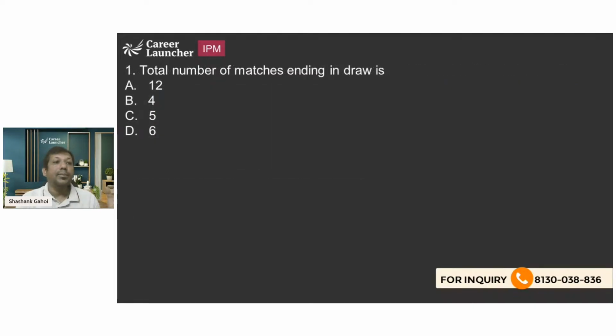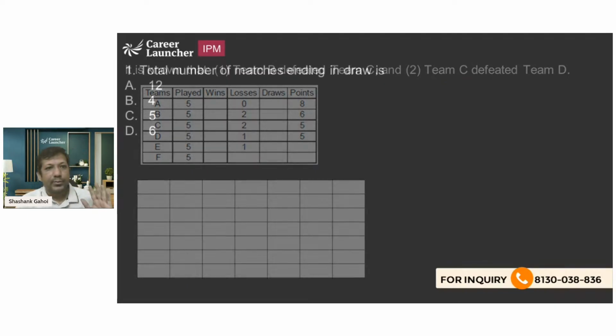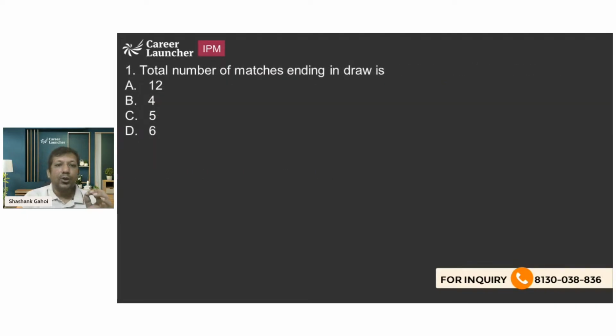What is the total number of matches that ended in draw? That is 2 plus 1 is 3, 3 plus 3 is 6, 6 plus 4 is 10, 10 plus 2 is 12. So आंसर आ गया इसका ऑप्शन 4, सॉरी ऑप्शन 1, दैट इज 12।